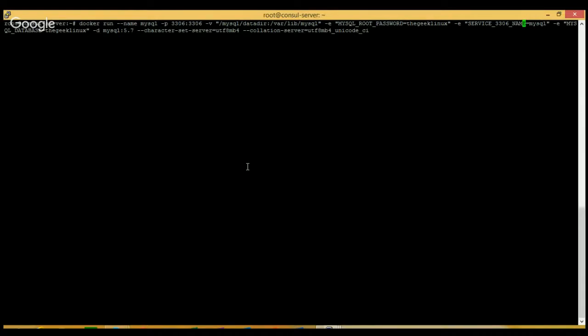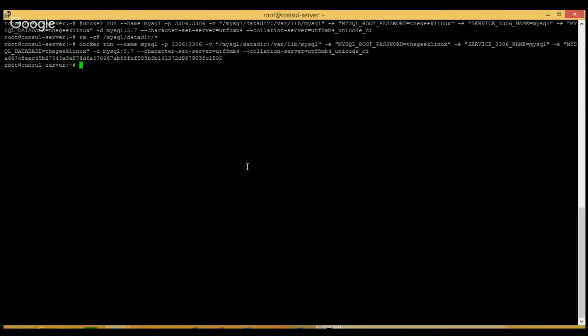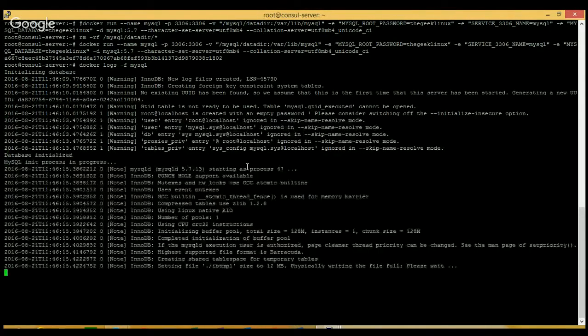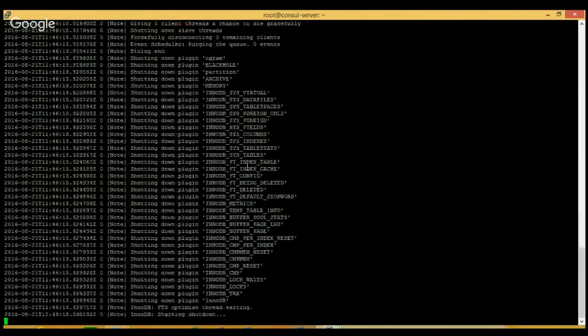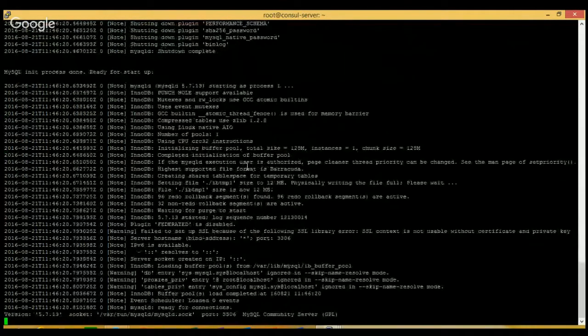So when the container is created, it will check that environment property, and it will register a service named MySQL to Consul. This is the database name. By default the service name is the image name, and it sets some character set that I'm checking here. Before that, I'm just checking whether we already have some folder or not. So we already have the folder. I'm just removing it since it's already there. So it's created. Check the logs. It is creating the other databases and all those things.